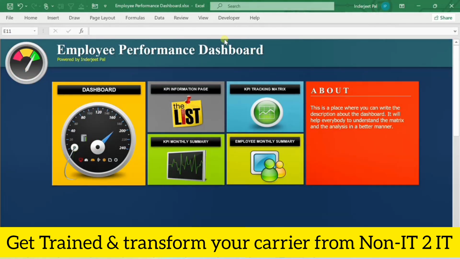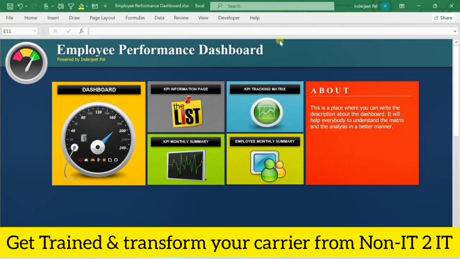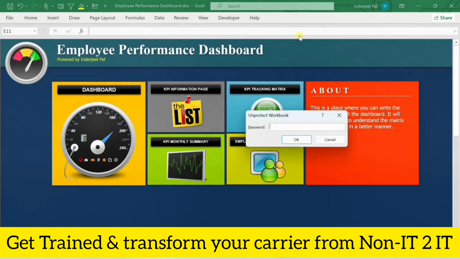Now let us see the working part of this, because if you are going to use this dashboard at your workplaces, then you should have knowledge of each and every part of this, how this KPI dashboard is working. And this is again very simple. So first of all, this dashboard is protected. This is password protected. The password will also be shared with you guys. Let me unprotect it first of all. This password I will share with you. Again, review tab, and